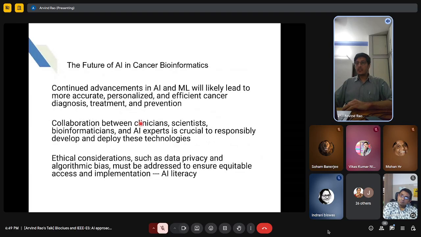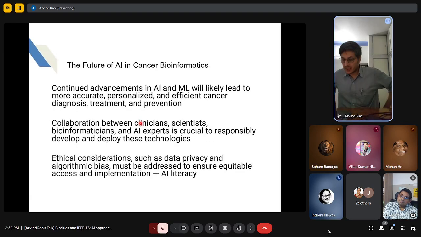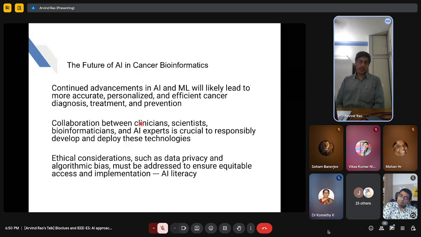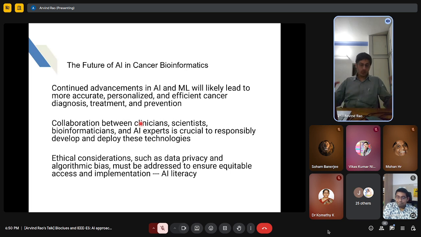And what I want to leave you with is that while there is hope for this sort of paradigm, I think there will be a real need for collaboration and domain transfer between clinicians, scientists, bioinformaticians, AI experts, all of whom need to speak a common language. And the only way to get to a common language is through AI education and AI literacy. So I'm a big believer in courses that can help educate the entire spectrum of individuals, from the AI deployers to the AI developers, to be able to help everybody understand what questions to ask of the AI before you can use it responsibly in your workflow.